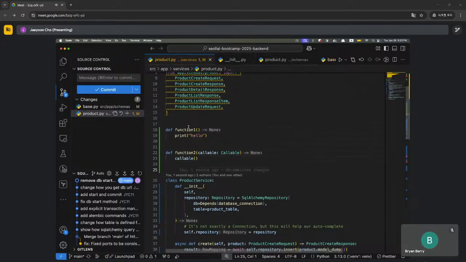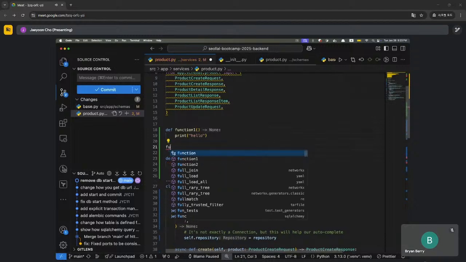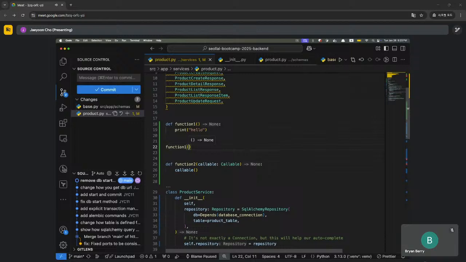So a function, according to type in Python, is of type callable because you can call the function, right? So what function 2 will do is take this as an argument, and then it will just call the function, because this is how you call a function in Python, right? If you wanted to call function 1, we would just take function 1 and then do this, right? So what we can do with stuff like this is,